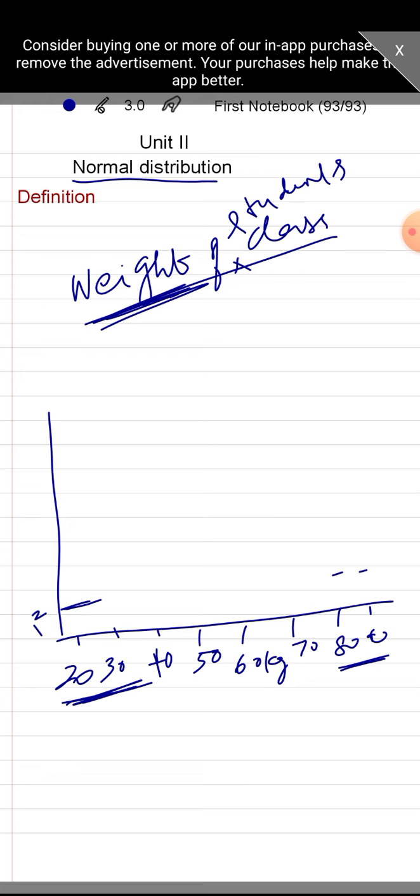Okay, so the maximum weight will obviously be near 50, 60, 40. So they will be in this range. Okay? So if we consider the low weights, their counting will be low. It is always less. Similarly, when I am going to consider the largest weight, their counting is always minimum. Their counting will also be minimum. So then only the counting of those in the average range will be maximum. Okay? So the counting is for the people in the average weight.